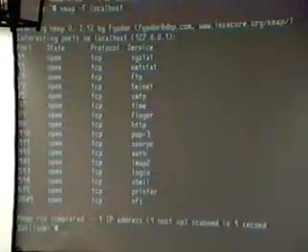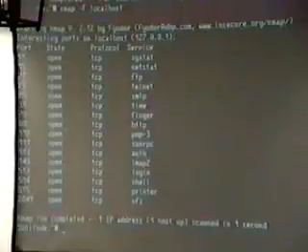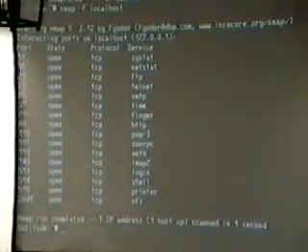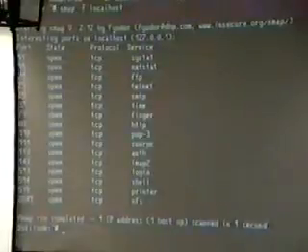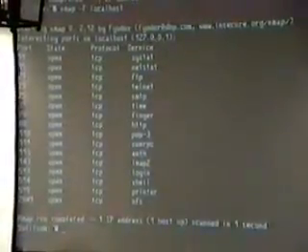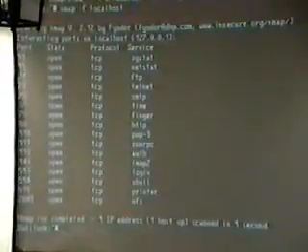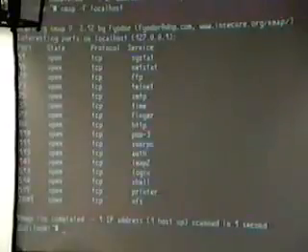The next one is decoy scanning. He mentioned that. It causes a decoy scan to be performed, which makes it appear to the remote host that the hosts you specify as decoys are scanning the target network too. The IDS might report 5 to 10 port scans from unique IP addresses, but they won't know which ones are decoys and which one is the IP scanning them. The syntax for that is